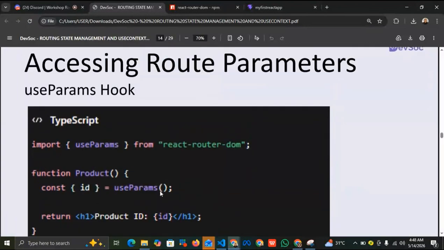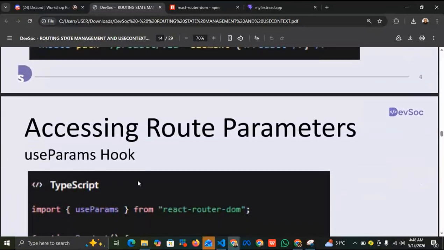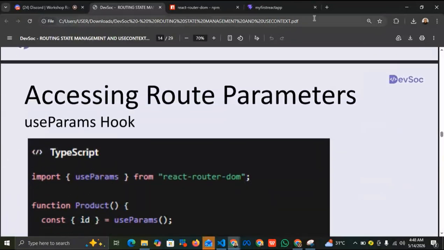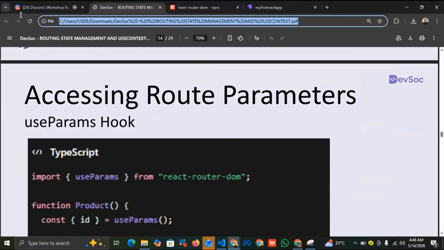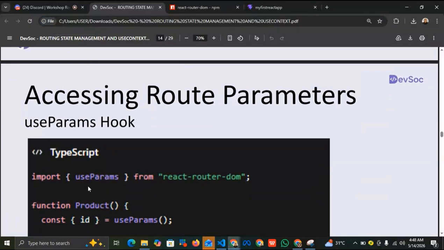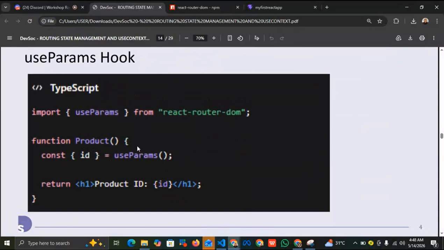I hope that is not confusing. So the use of params is to grab something from a URL. That is the use of these params. So what is it looking for? If I say grab params and it's looking for ID, it's looking for something that has